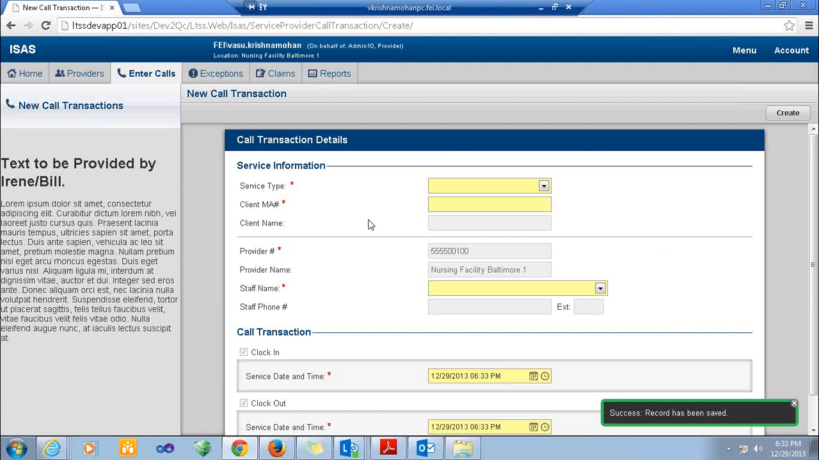Now, if you know that your staff member was able to either clock in or clock out, but they were not able to enter a full transaction, for example, a staff member clocked in for a service, but they forgot to clock out, or they couldn't clock in, but they remembered to clock out. In such scenarios, an exception will be created. So if you go to the Exceptions tab,